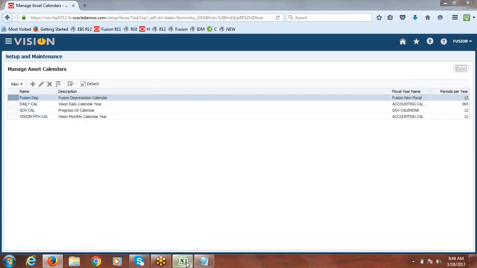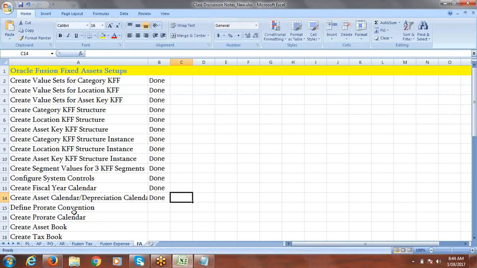Click on that. We complete this setup and define the prorate convention. We know how the depreciation needs to be calculated in the first and last bit of an asset, when you place an asset in service and when you retire an asset from service. In these two cases, how it should be calculated, we can set up by using the prorate convention. Let's go and define it.